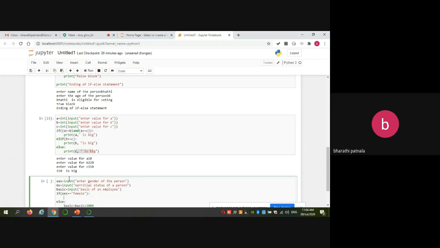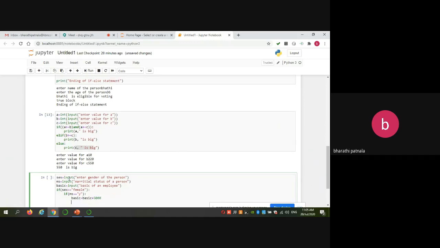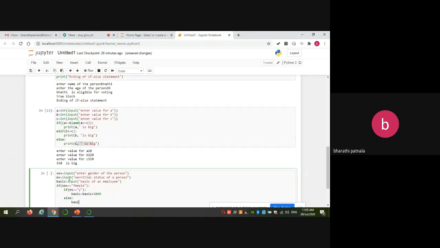If the person's gender is female, also check the marital status, yes. Then give basic is equal to basic plus 5,000. Else basic is equal to basic plus 3,000.